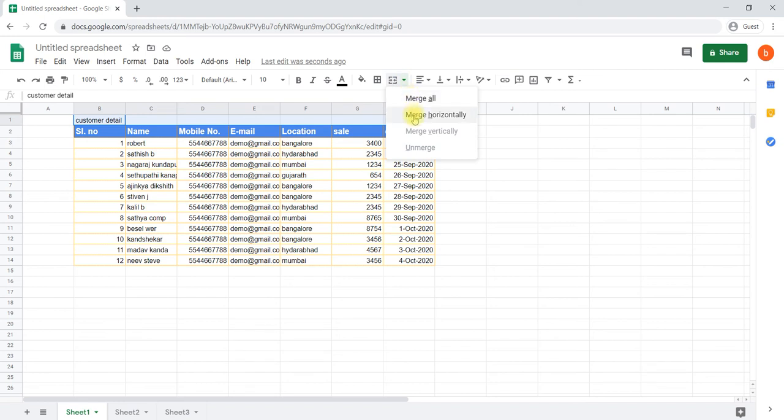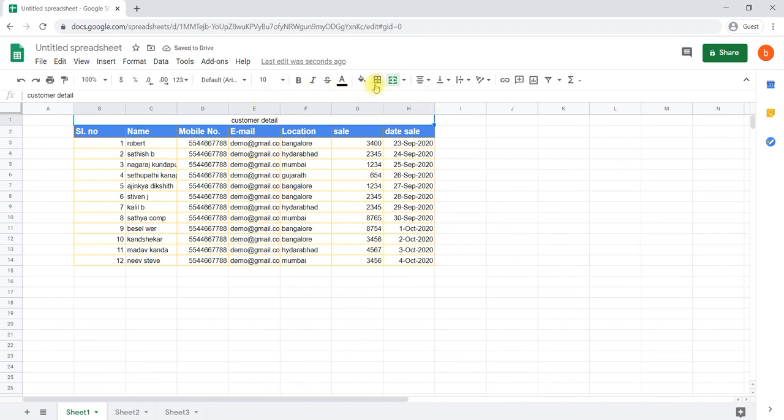Merge all. Here the only possibility is merge horizontally. Then if you would like to make it centered, you have already selected it, go to horizontal alignment and make it center.